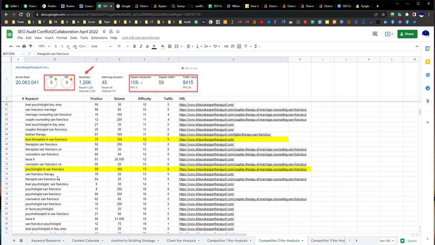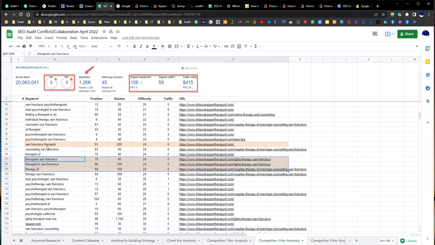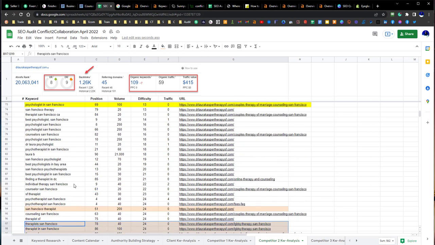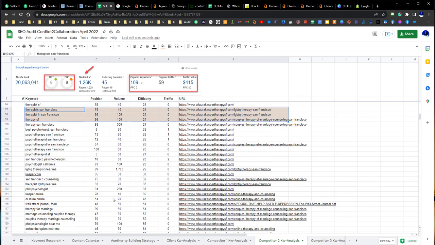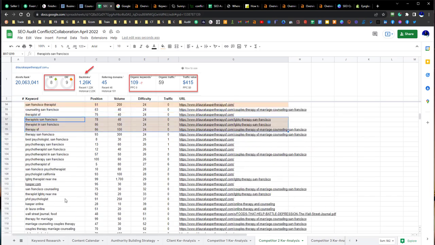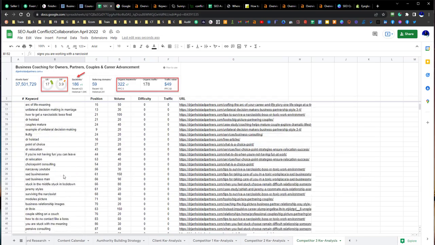This other competitor, let's see, we found more generic keywords: therapist, San Francisco, psychologist. Therapist is kind of more generic, not necessarily focused on the niche that you're going after. But they're here, so you could take a look at them. I think that'll give you an idea of what type of words you want to focus on, because the first thing to do is to identify the words.